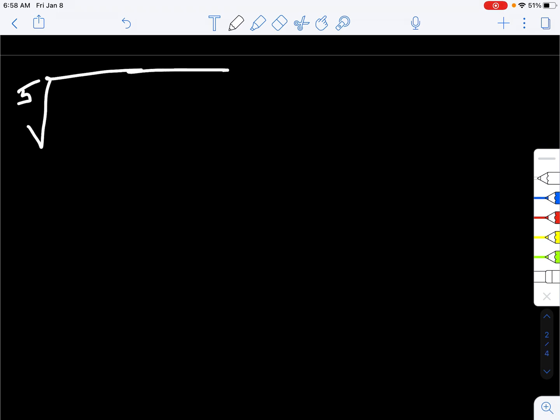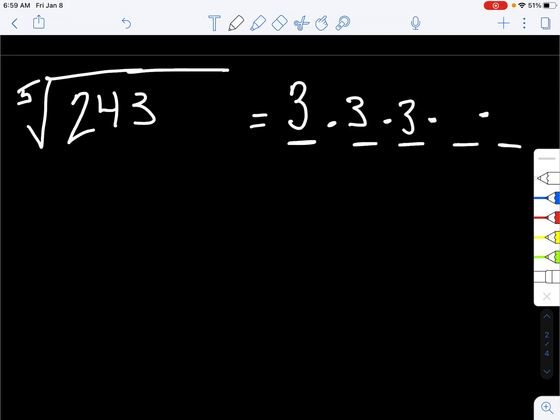Now, where it gets a little bit more difficult is if we have something like the 5th root of 243. We're trying to find a number that we can multiply 5 times and get 243. And a lot of what we're doing here is probably some guessing and checking. So we might try 2 times 2 times 2 times 2 times 2 and try that, and we'd see that's only 32, and then we might try it with 3,